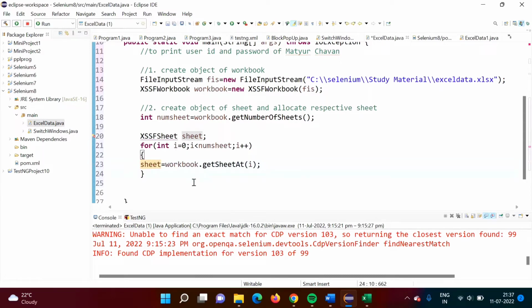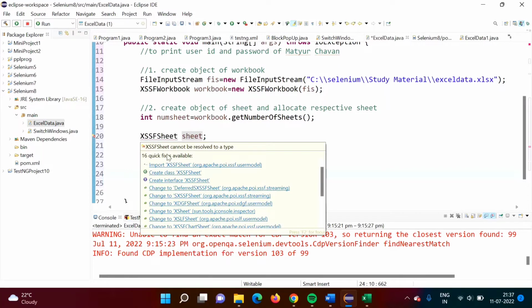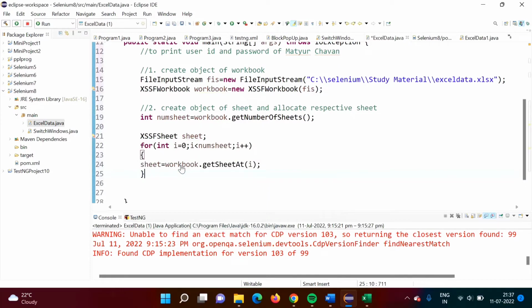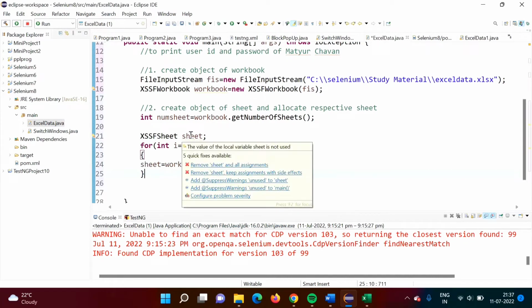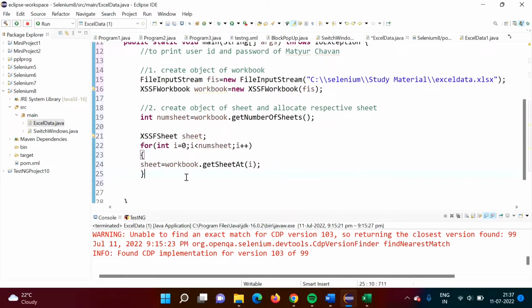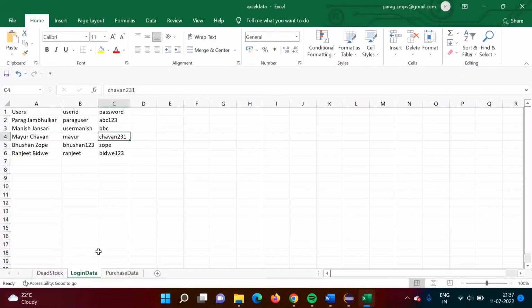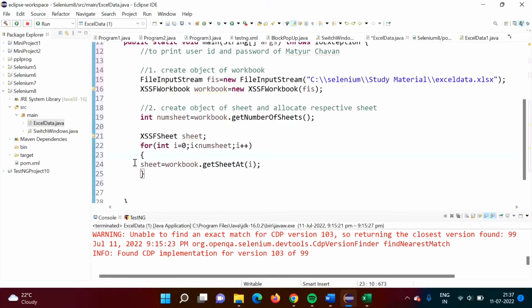Okay, so now what we are doing, it is showing a red line, so we have to import the sheet. We have not imported it, so that will import. Now, what we are doing is allocating every sheet to this object, right? But not every sheet. What we want is that this particular sheet should get allocated to this object. That is our requirement. Now we'll put one condition: if